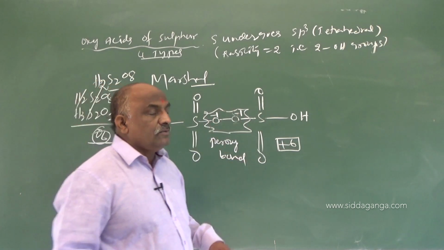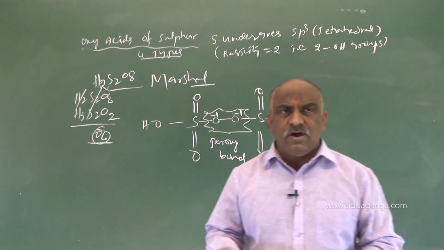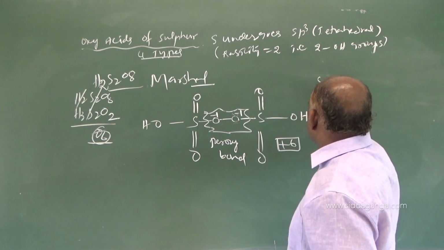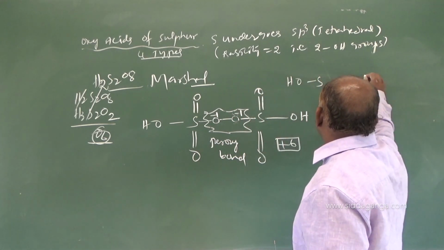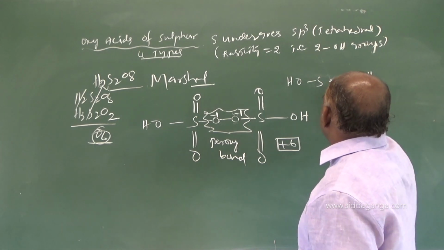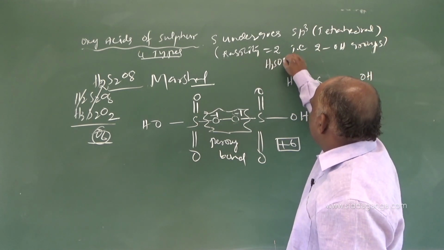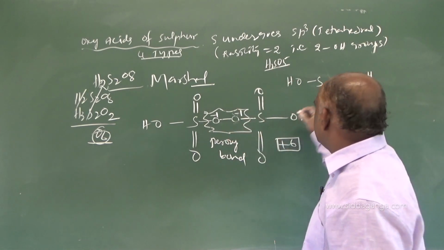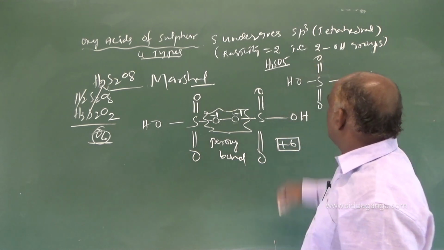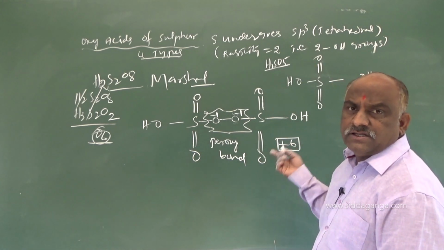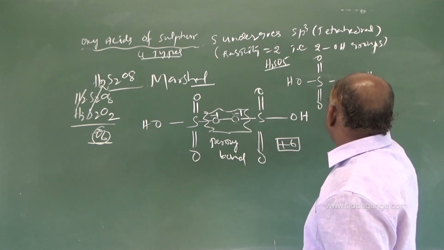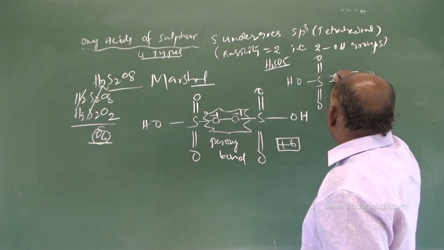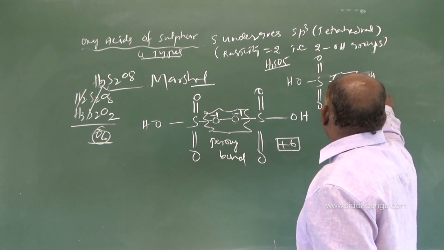Based on that, we have to practice the structures. Once you write the structure, it is simple. You should add simple OH, 2 OH groups like this. Suppose the formula given was H2SO5. H2SO2 is already over. Still we require 3 oxygens: 1, 2, so 2 oxygens are over. Still we require 1 more oxygen. Where should we keep it? Here, like this. So this bond is also called what bond? Peroxy bond. This is called Caro's acid.